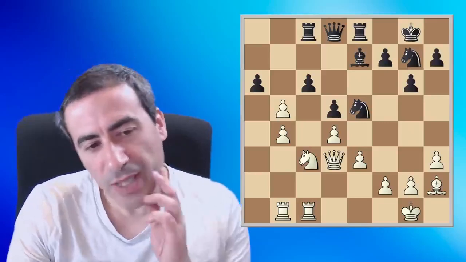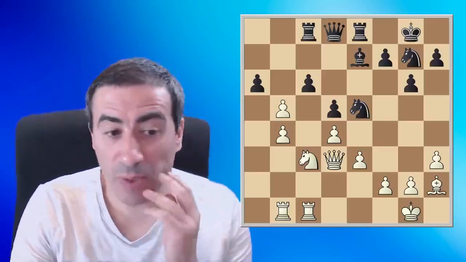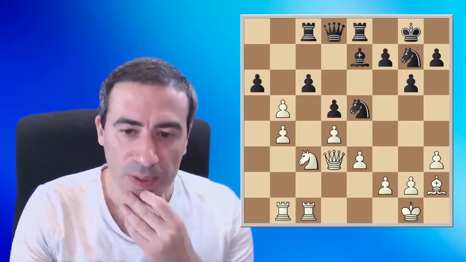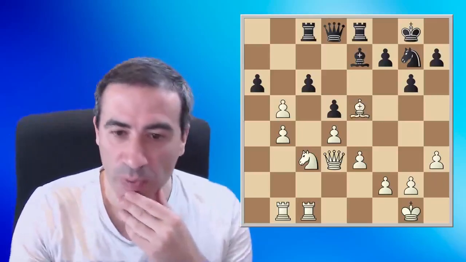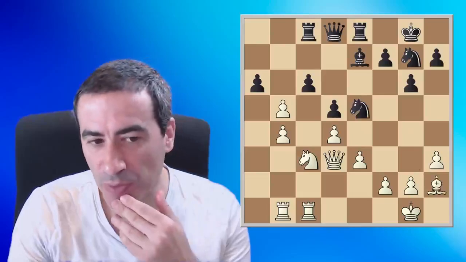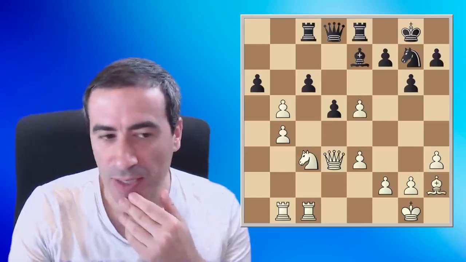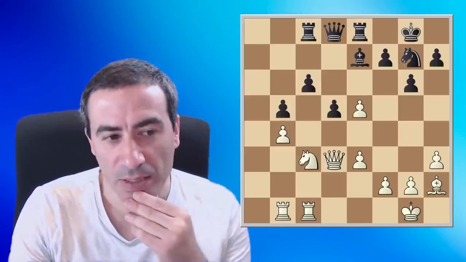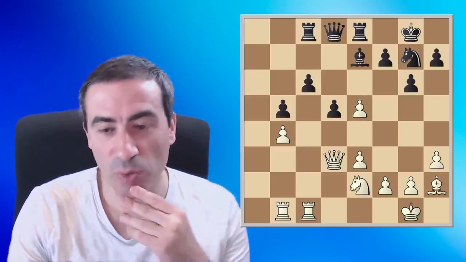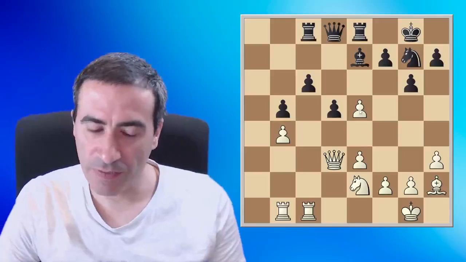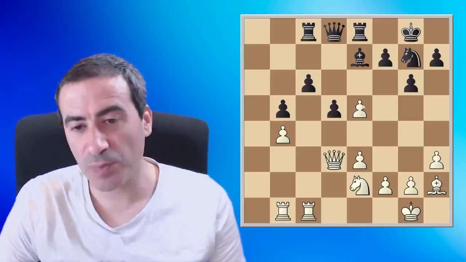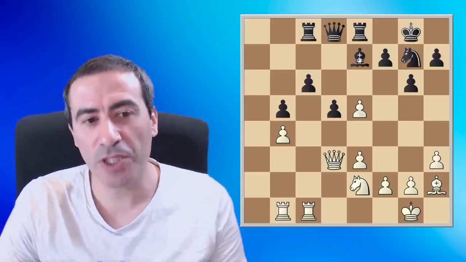And here also a critical moment. How do we take back, with the pawn or with the bishop? White took with the bishop in the game, but I think with the pawn, it introduces a very interesting idea. Knight e2, knight d4. And what is interesting, if you compare this game with the previous one between Nikolic and